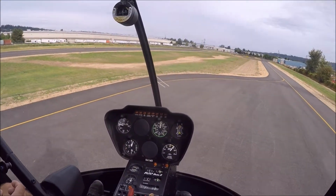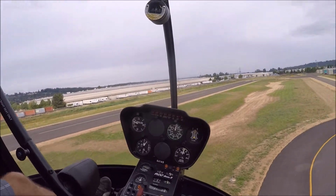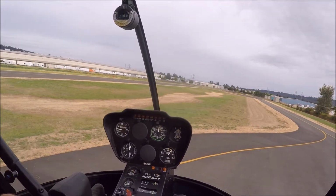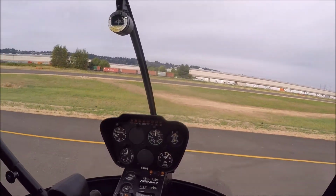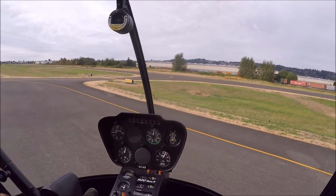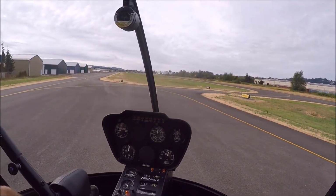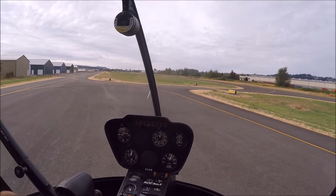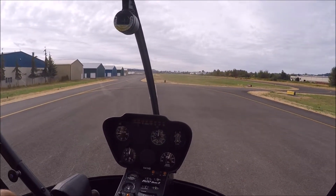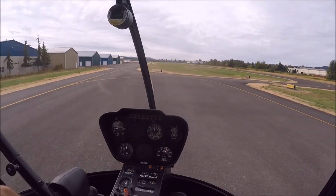Catch it, fix it, fix it. You threw me a good one there. You threw me one with pedals and Auburn traffic 856 Delta Sierra, taking active runway 34 for departure to the north. Yeah, I did. But that's good. You should do stuff like that. I want to make it harder and harder. We don't have a whole lot of wind that we're dealing with, so I can kind of give you a tailwind hover, but